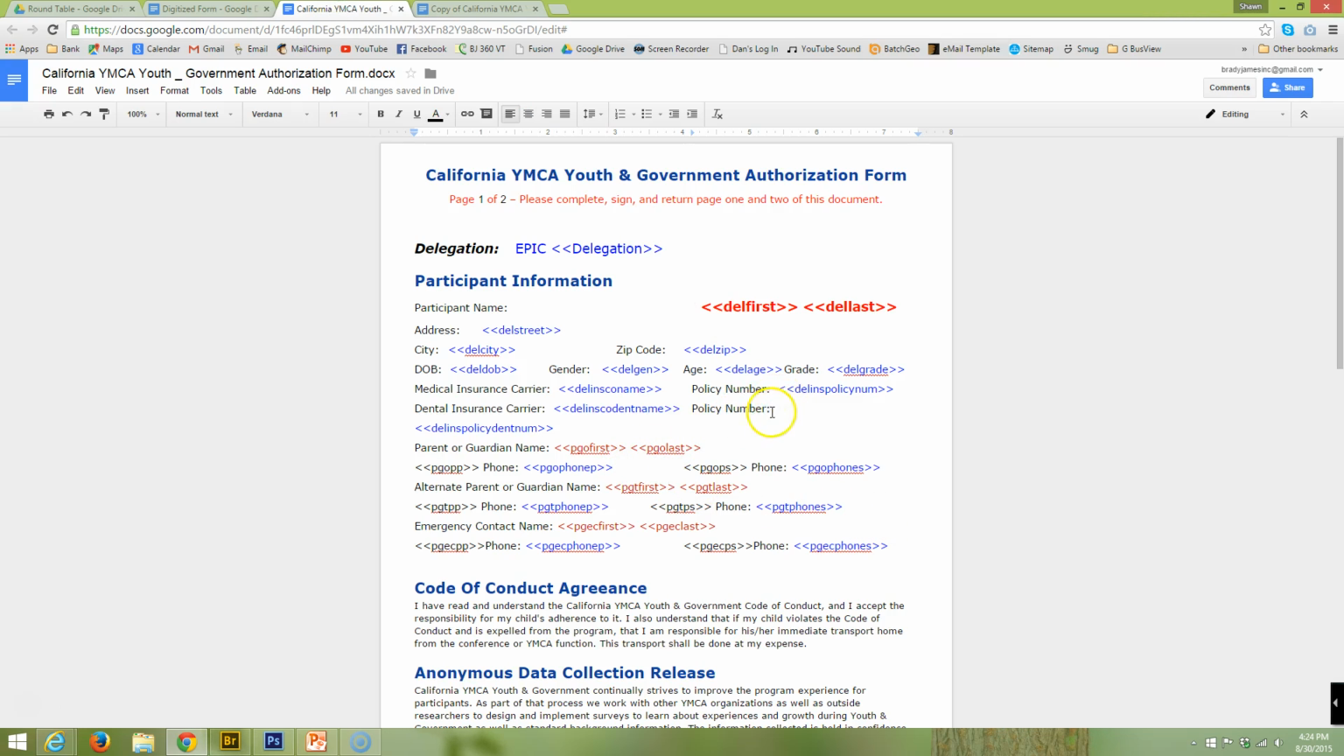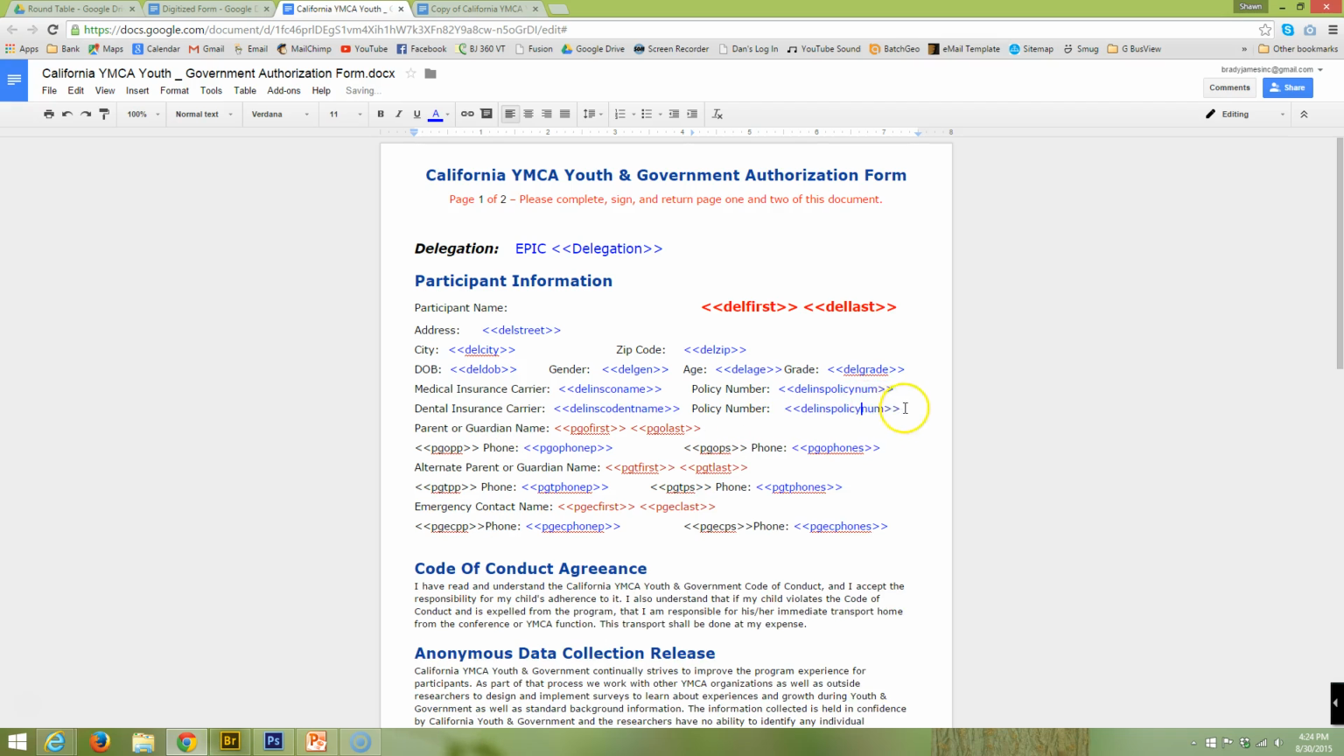Like, right here, we have the policy number. So I have delegate insurance policy dental number. And in reality, it's not going to be this long. So maybe it'll be something, you know, like that. So it'll print out like this. But